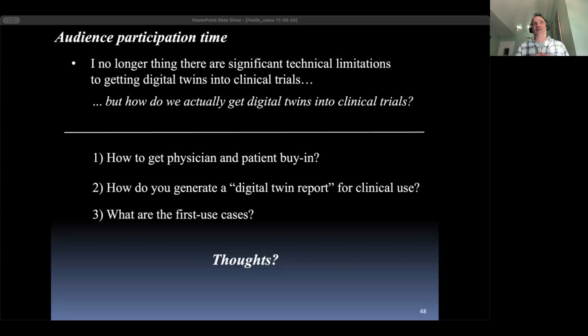I need at least one and preferably 3 phase 3 clinical trials before I'm going to change my therapeutic regimen for a patient. So we get that pushback a lot. And in fact, when I first had those meetings, I think it's one of only 2 times in my career that I actually physically cried about something that was happening professionally, because I just felt like we had hit a brick wall. Like, what are we doing all this for if we have to end up running these very large